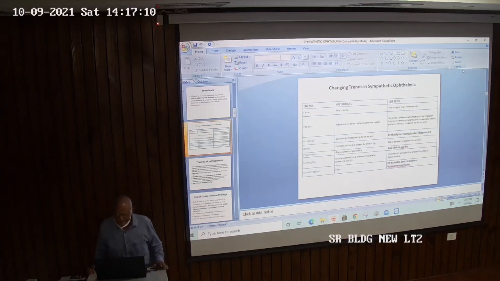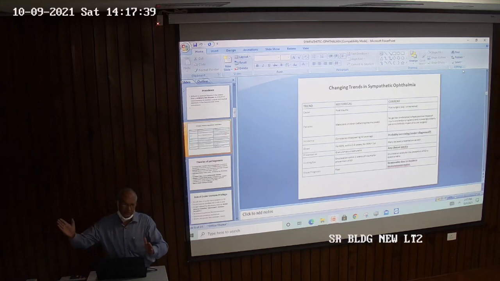Patients are males and children; note this difference. Incidence was considered to be disappearing 30 years ago, and it is probably increasing now. It is underdiagnosed because nobody has diagnosed it, but some people have rarely diagnosed it. Onset is 65% within 2 to 8 weeks, meaning 2 months, and 95% within 1 year. So it can occur from 4 to 8 weeks to 1 year. It has been recorded even after 30 or 40 years previously, but that is rare.